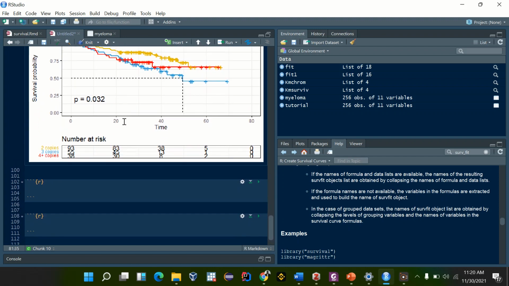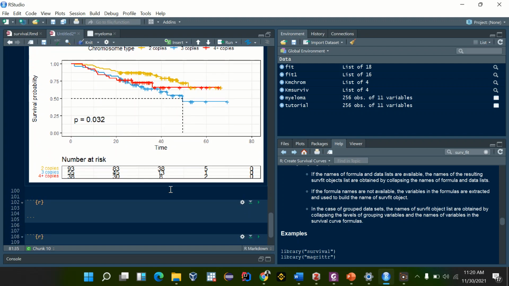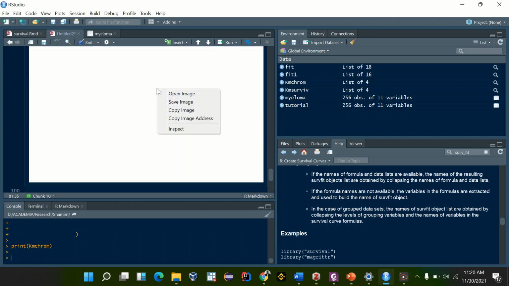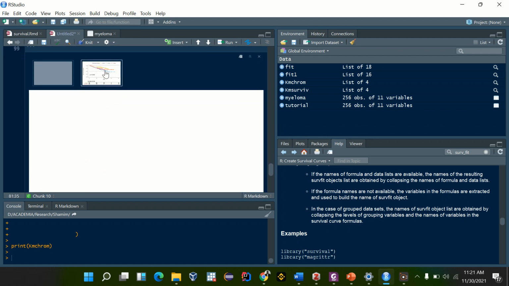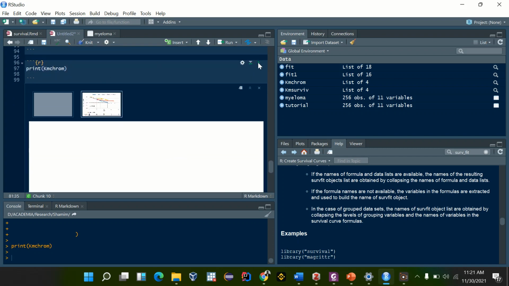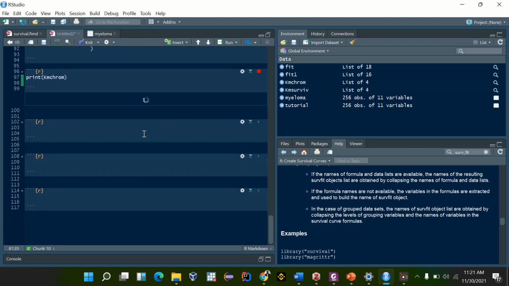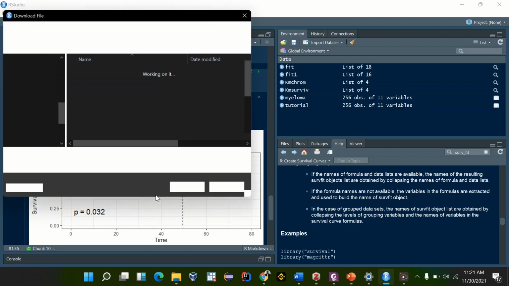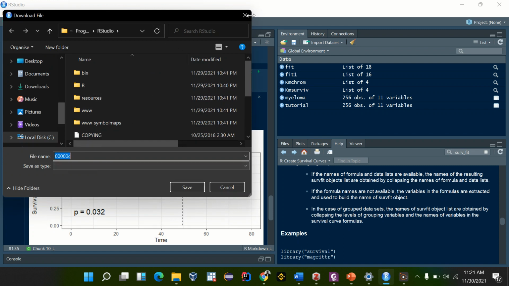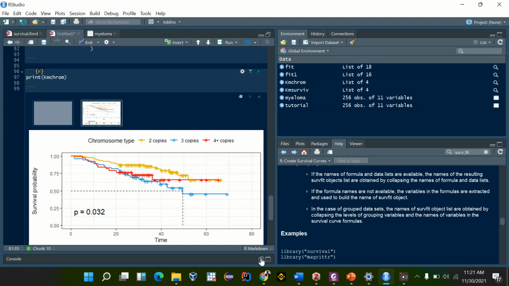Maybe if you want to export this curve, I'm going to show you how. You can just right click and save the image, or copy it and take it to a Word document. Saving, you can just save it anywhere, then you can come back. But the good way to save this image